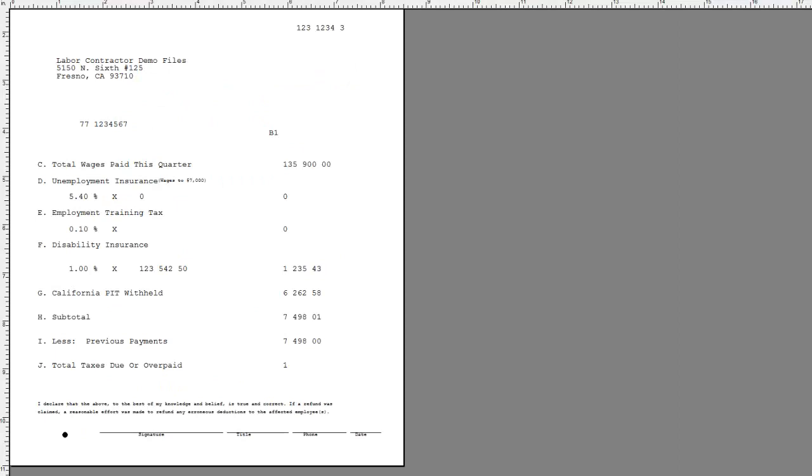Both the DE9C and the DE9 forms have a place for you to sign the form, enter your title, phone number, and date, so that you can then mail these forms. It is not necessary to print these on a pre-printed form. If you file your DE9C electronically, you do not need to print the DE9C, but you must print the DE9,